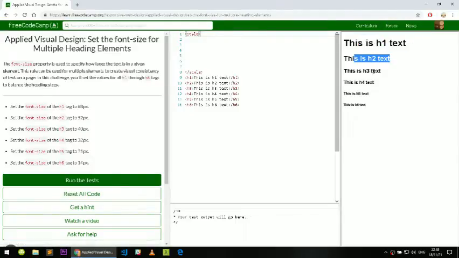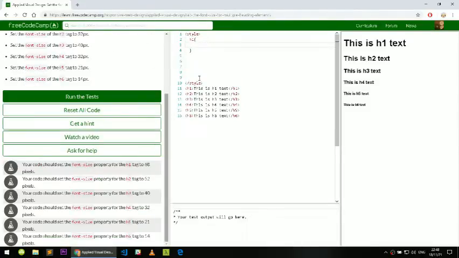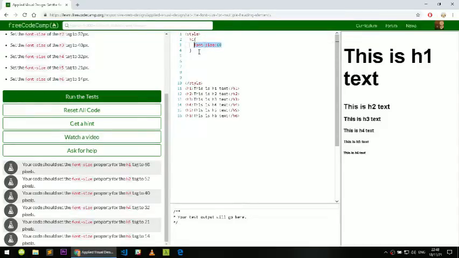This is H1, this is H2, H3, etc. Apply visual design. Set the font size for multiple heading elements. Set the font size of the H1 tag. Okay, so here we're gonna say H1 font size 68. And for saving time, we're gonna just do H2,